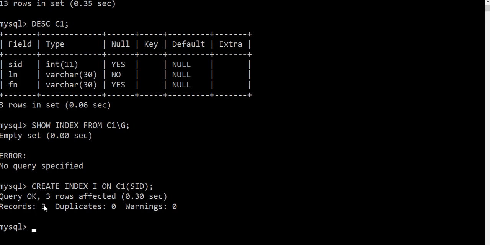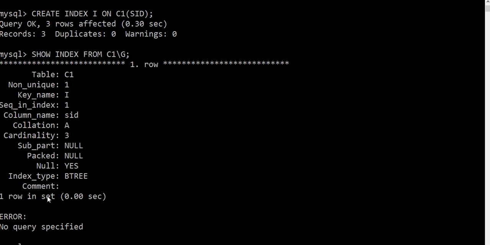Now we will use this command to show you the index. You can see the table C1 on which we have just created the index. The index type is B tree here, created on the column SID. I told you the index type will be B tree by default.